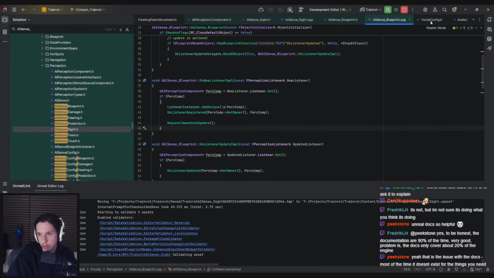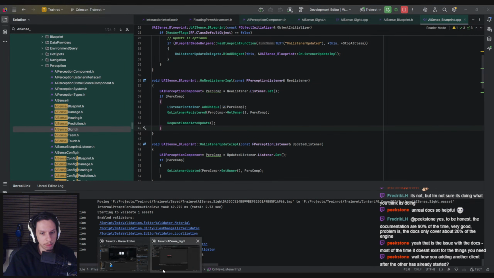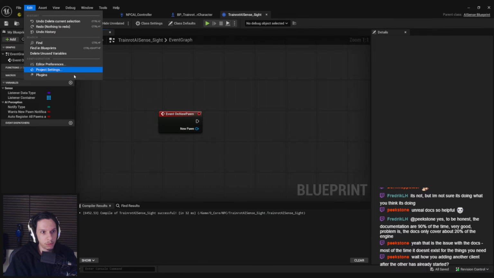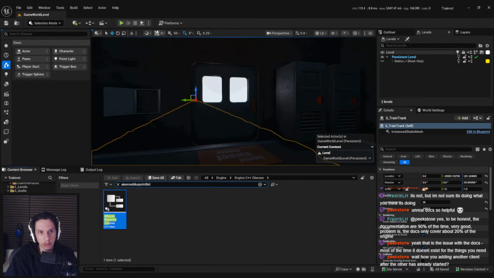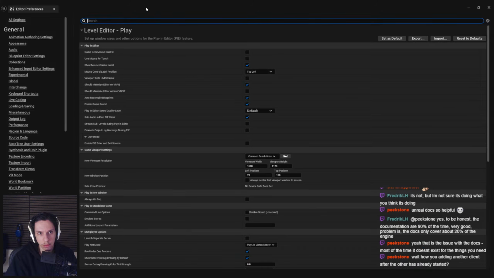Hold on, I'm closing a variety of files. We got to get in the zone. Why are there this many things open right now? How am I adding another client after the other has already started? I believe there is a setting to allow yourself to do that. I think it's like here in the advanced settings, allow